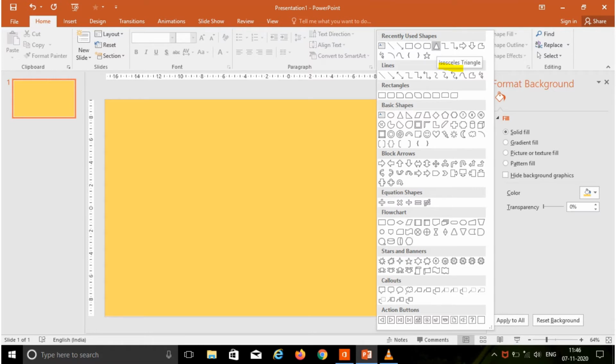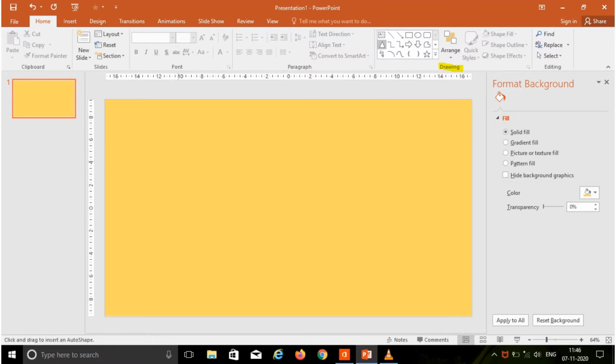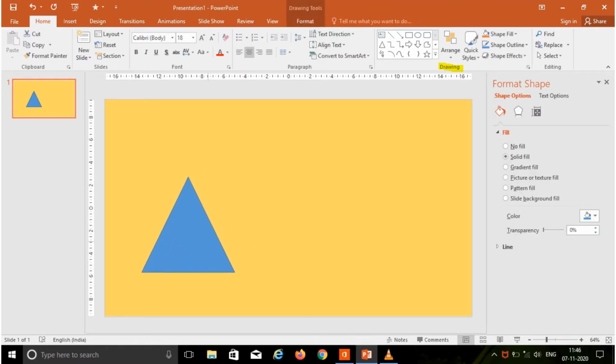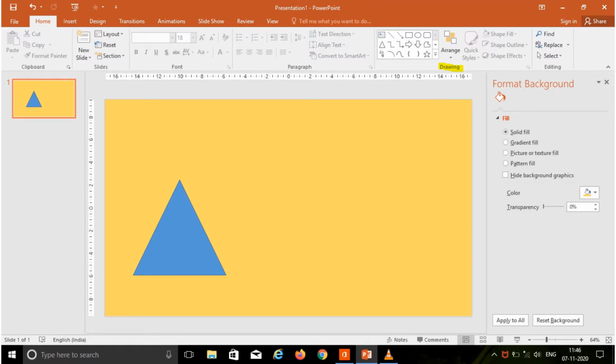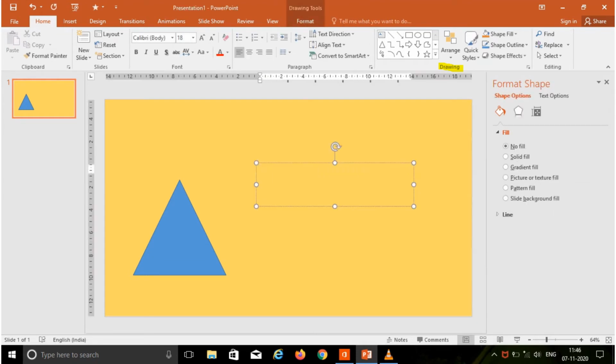In this, I am going to choose rectangle. After that, you drag the mouse pointer over the slide so that you can insert a shape. Here in the shapes group, you have the text box. Select the text box and drag over the slide so that you insert a text box.